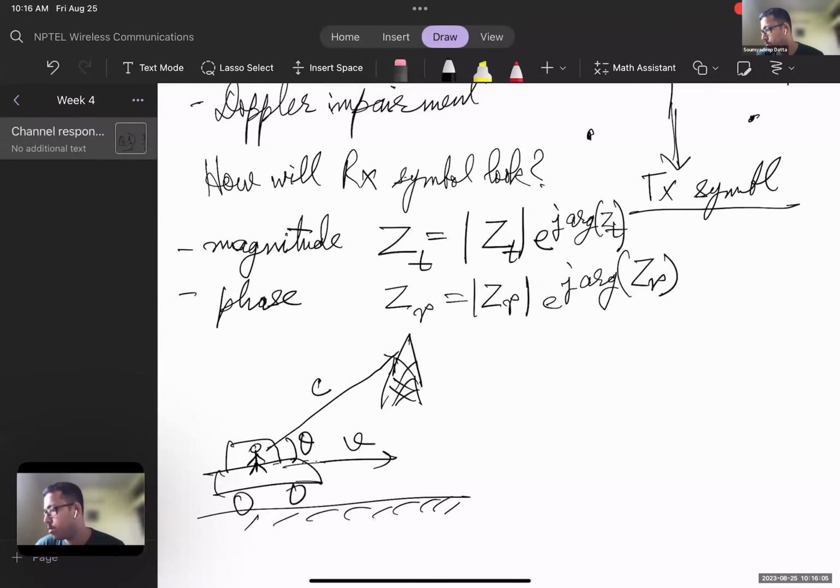So, what is the component of the velocity of the source in the direction of the radiation? Can somebody tell me? So, if I drop a perpendicular,